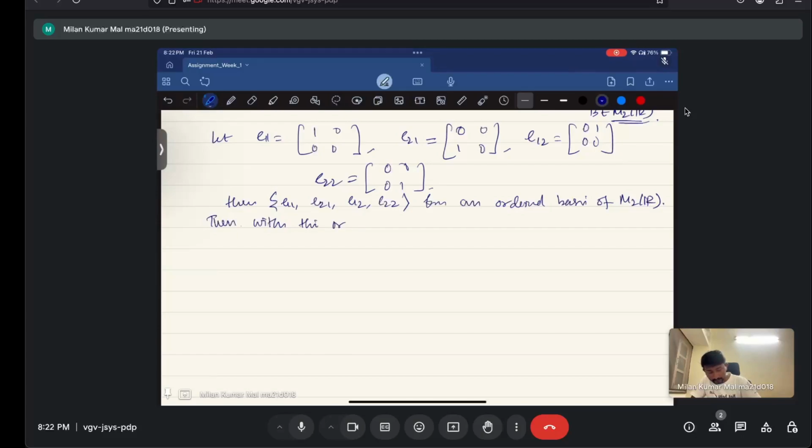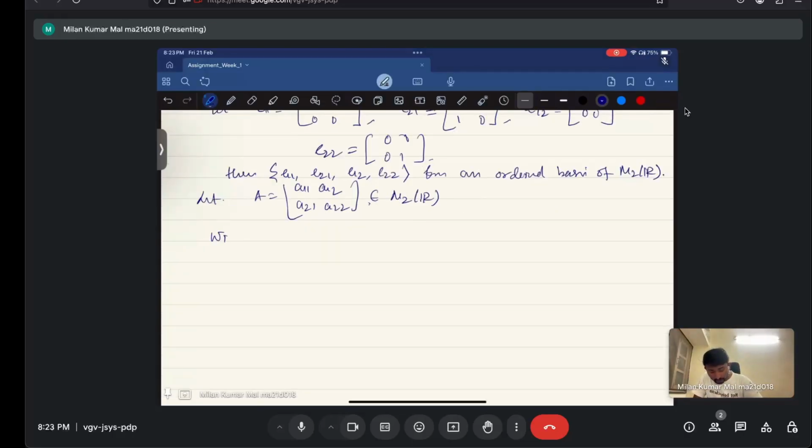Now let A equal A11, A12, A21, A22, which is a fixed matrix in M2(R), for which we have two eigenvalues, minus 1 and 3, but that will be used later. With this ordered basis,